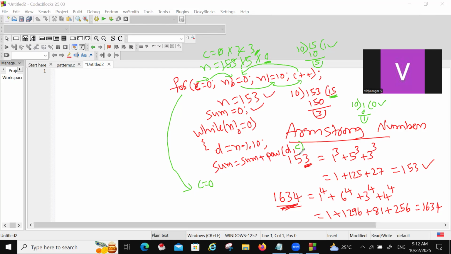So D comma C. If it is a 4-digit number, power 4 will be taken. If it is a 3-digit number, power 3 will be taken. If it is a 2-digit number, power 2 will be taken. So this is the concept. Now again, what to do here? After counting the digits,